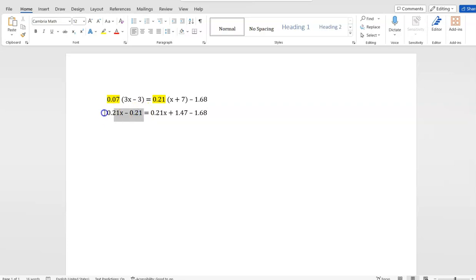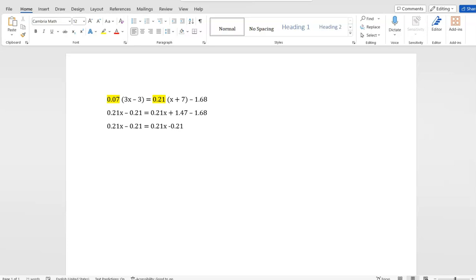Now, this side is as simplified as it could get, right? Because these are both unlike terms. But over here, I can combine these two. So I'm going to do that next before I do anything else. So I'm going to do 0.14 minus 1.68, which gives me